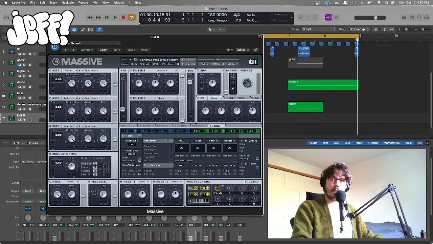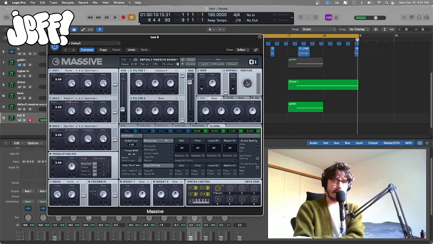We're going to go ahead right away and run a low-pass filter here, low-pass 4. So what this is doing is taking away the highs so that we can set that cutoff at the right place so that you're just getting the low end of the sound. So if we open it all the way up and try to play it,